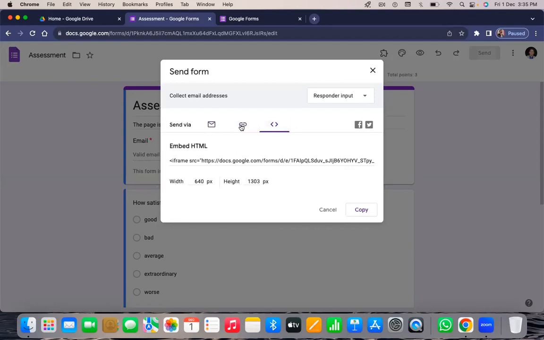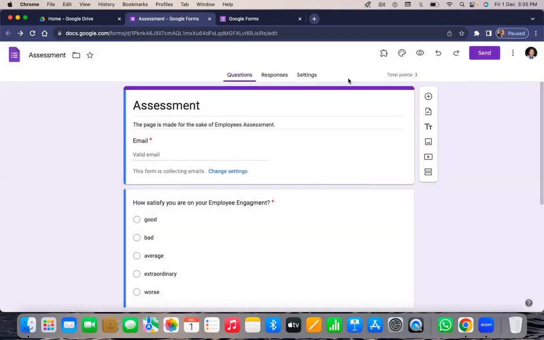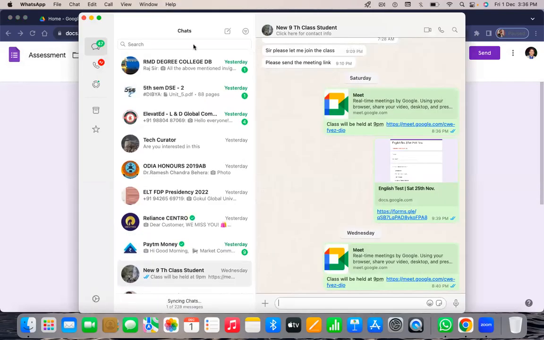Generally we send the link by clicking onto the link, and there we find a link appears in the link option below. This link is very long, so if you want to make it short, simply click on shorten URL. Once it is clicked, you would find that the short form link appears there. Then you can copy it. Once it is copied, you will find copied to clipboard is written. Then if you want to send it to anyone, you can do it by opening WhatsApp, or if you want to send it through mail, open the mail page,